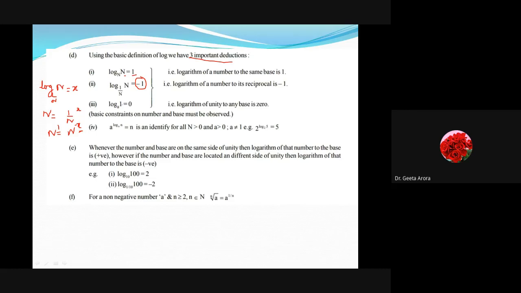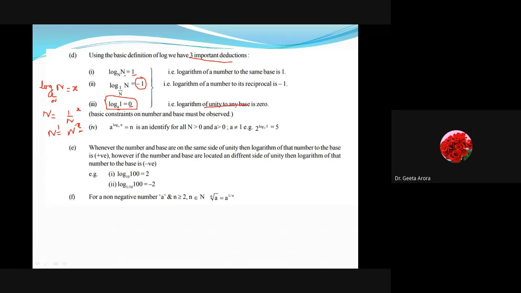The next we are saying log 1 with base a. Log 1 with base a means we are looking for the value of this expression. We know any number raised to power 0 will give me 1, correct? So this value is always 0. Logarithm of unity to any base, there could be any base. If we talk about log 1, then log 1 is 0. We are actually not talking about the base when we are looking for log 1. We have just learned that log 1 is always 0.